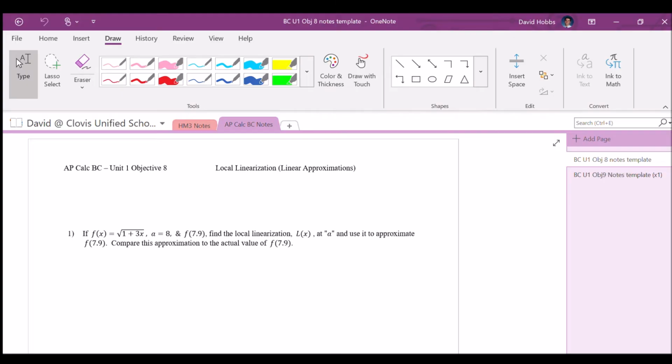Objective 8 for Calculus BC is one of our approximation methods for the year. It's called local linearization or linear approximations. What are we really doing here? We're using the tangent line